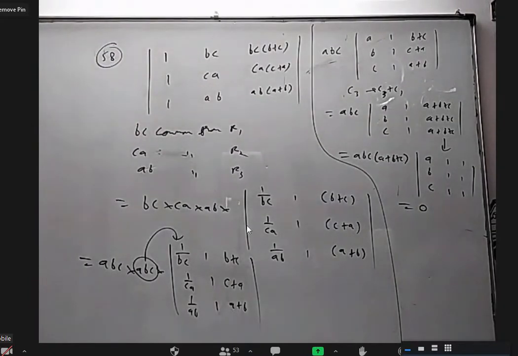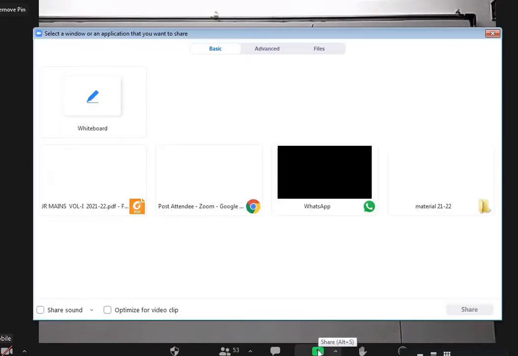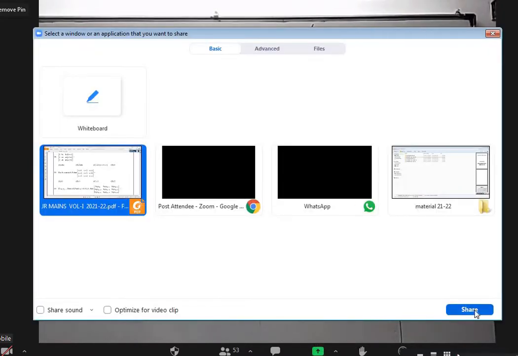If you get the idea how to do it, it's fun. If you don't get it, it's frustrating. Am I correct? Yes, sir. Very frustrating. Very interesting on one side, very frustrating on the other side, depending on whether you get it or not.